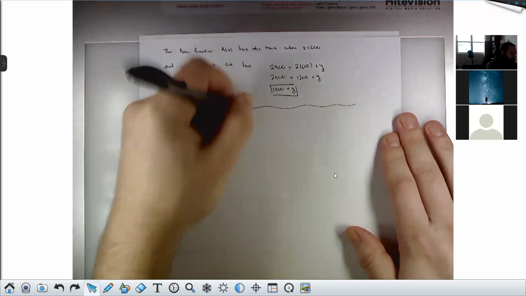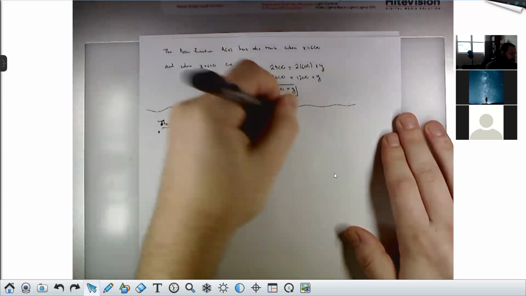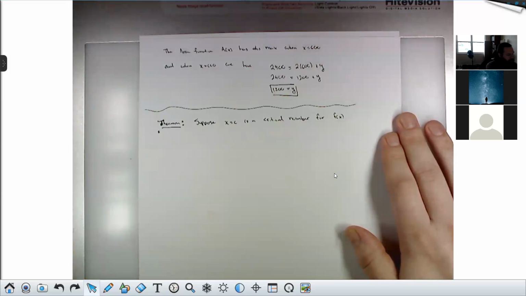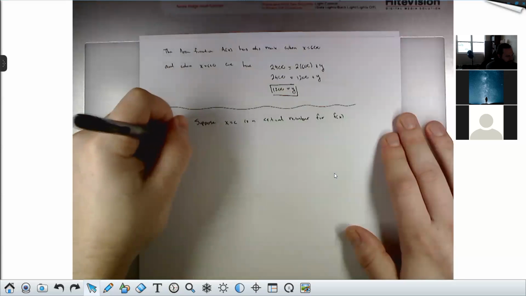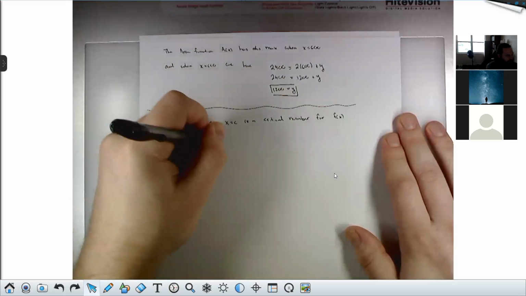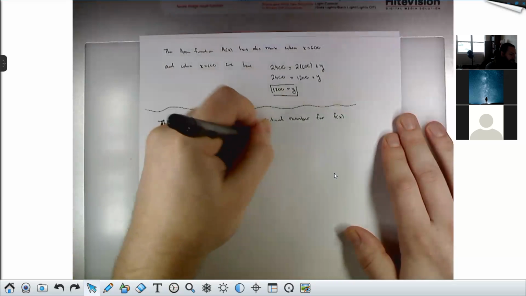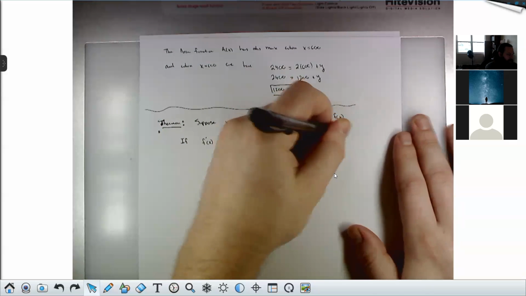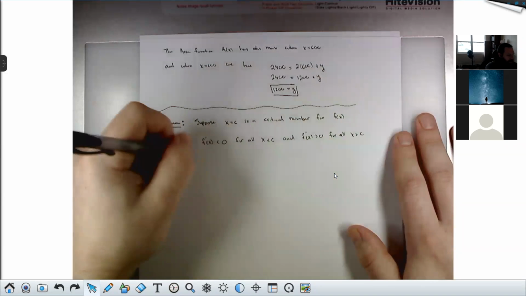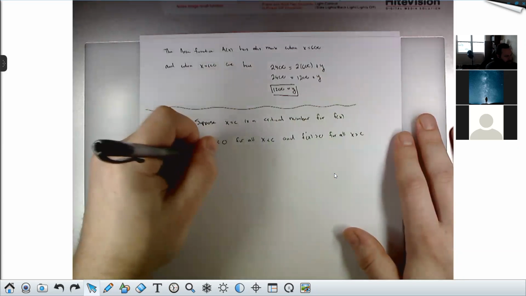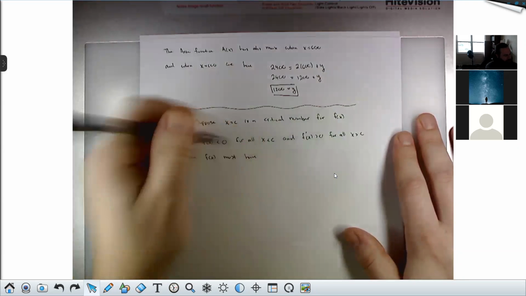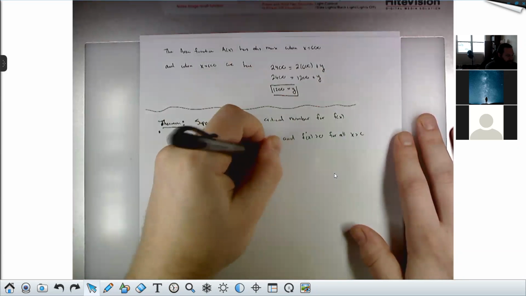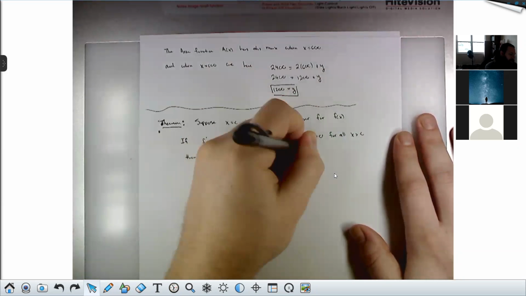Suppose x equals c is a critical number for the function f of x, then if f prime of x is less than 0 for all x less than c, and f prime of x is greater than 0 for all x greater than c, then f of x must have, let's see, if f prime is negative everywhere to the left and positive everywhere to the right, that means you're decreasing everywhere to the left, increasing everywhere to the right, so an absolute min, sorry, not an absolute max, an absolute min